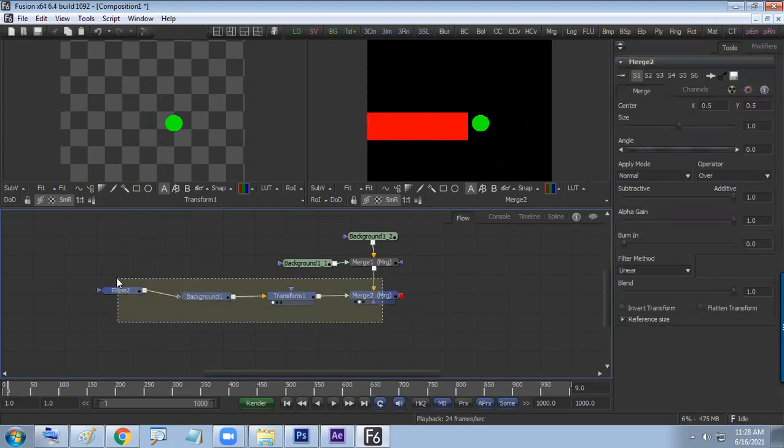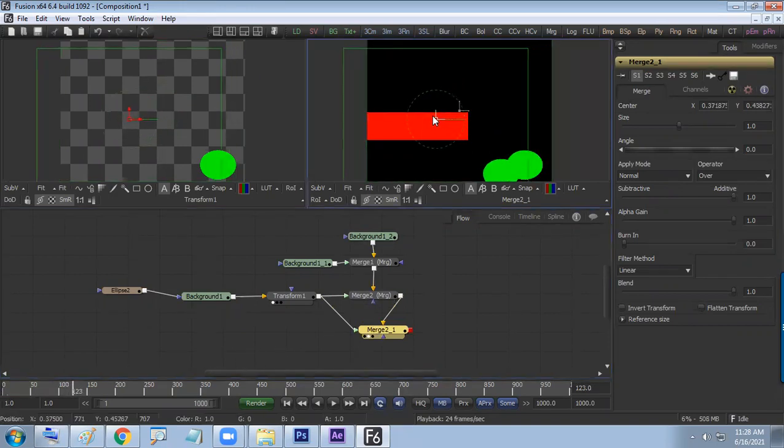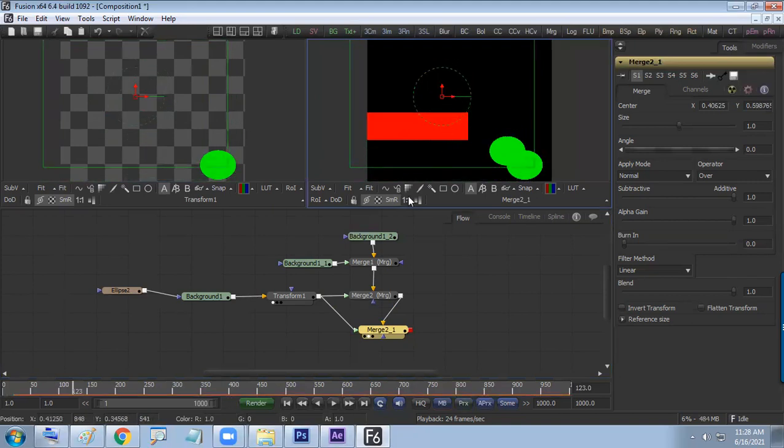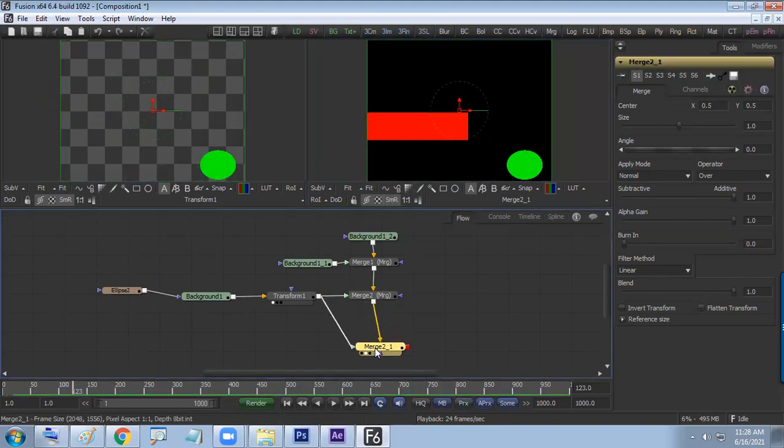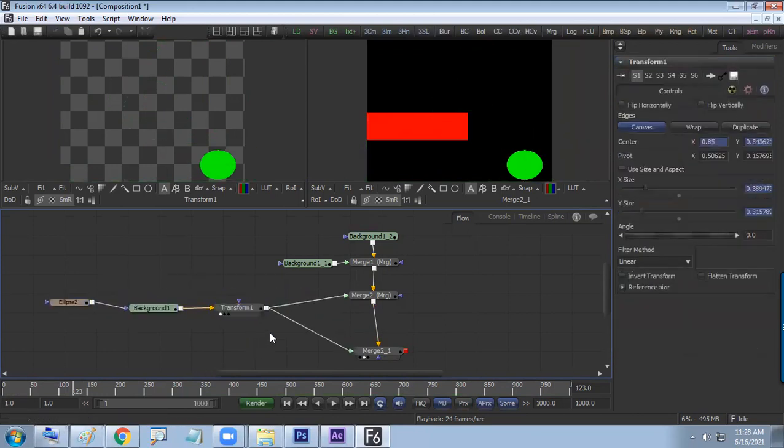Now the same node can be tried once more with the next layer. Control C, Control V, get the flow connected and make this. So here there are two balls going together. If we select and move it, you can see there are two balls. But how to move this second ball with a little time difference?